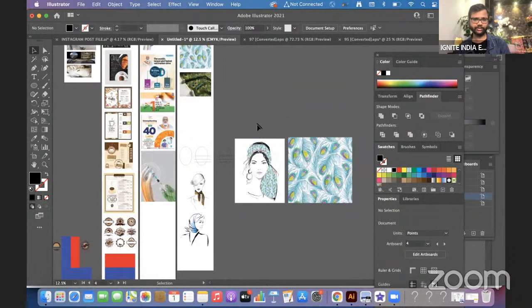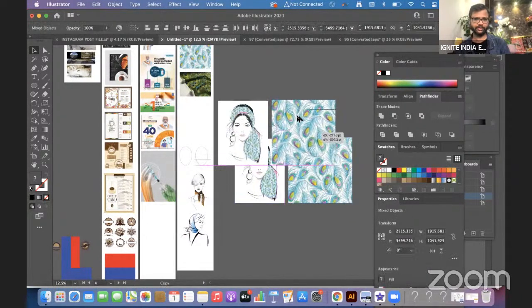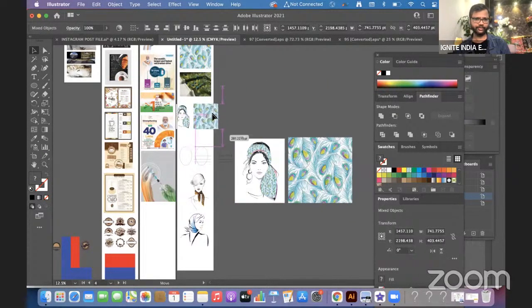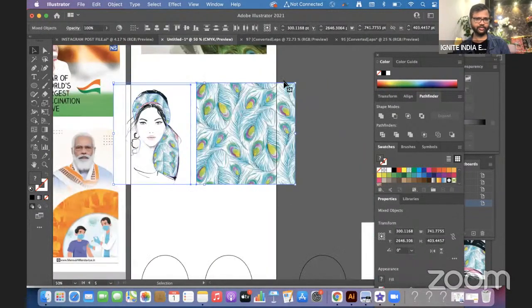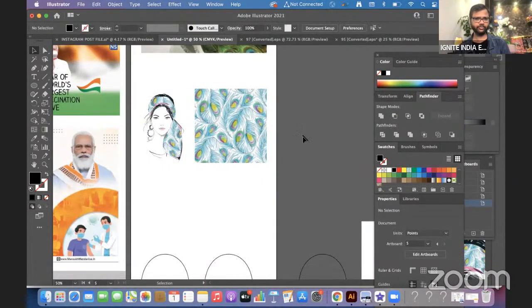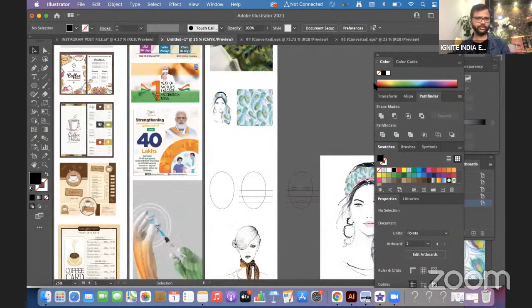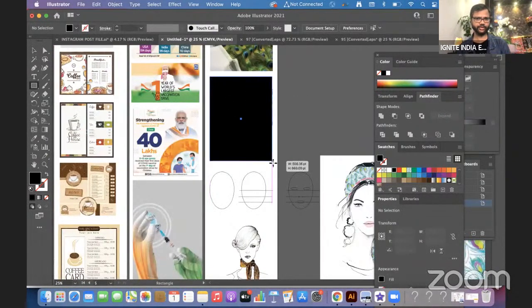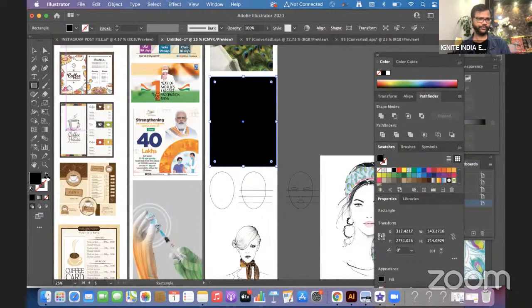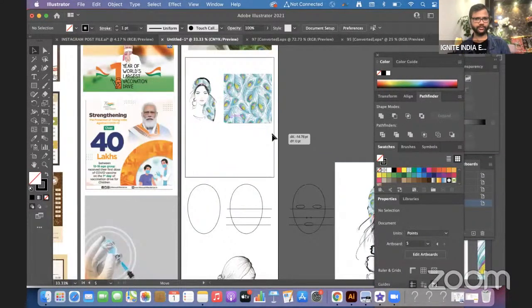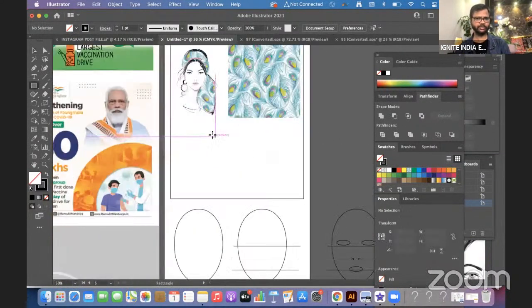So maybe this will be your motif. Now what you can do, suppose this is your A4 sheet. Here you can make your color palette.